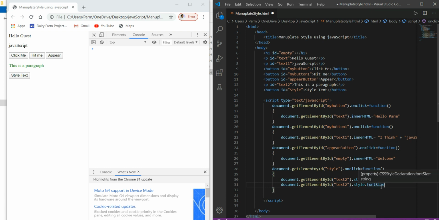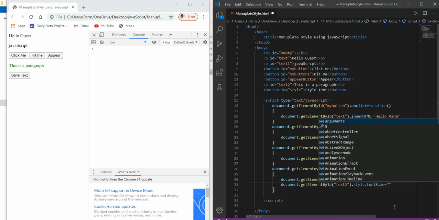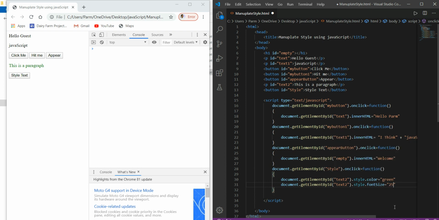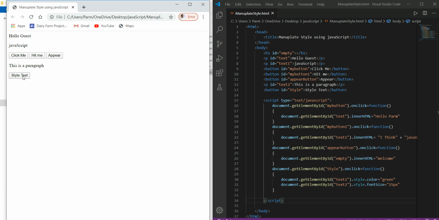This is the standard protocol for naming: whenever a name consists of two words, the first letter of the first word is small, and the first letter of the second word should be capital. For fontSize, I'm just going to make it around 25px. I'm giving the value to this. Now save it, refresh it and click on this button.